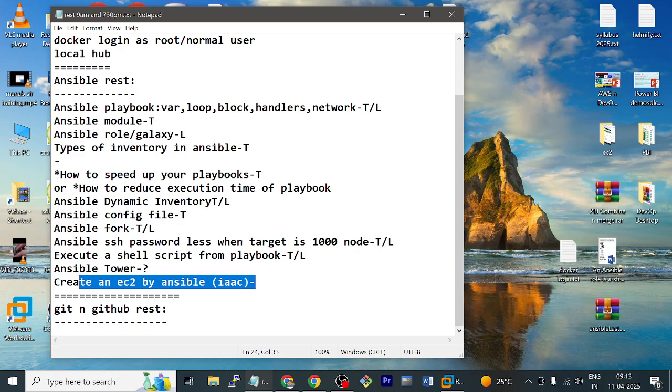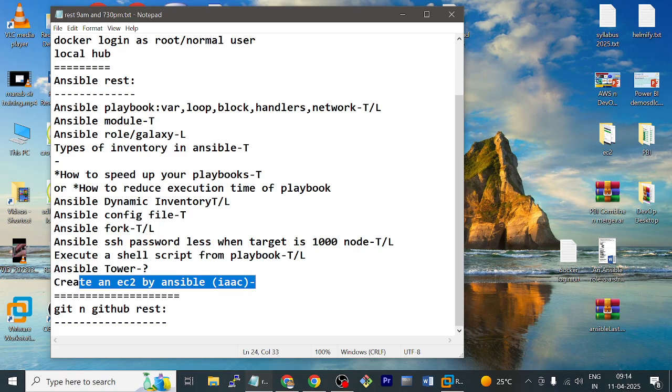As a management tool, as a Linux system administrator, you are going to execute ad hoc commands or playbooks so that it manages multiple nodes from one centralized location, that is your